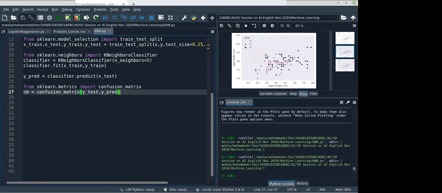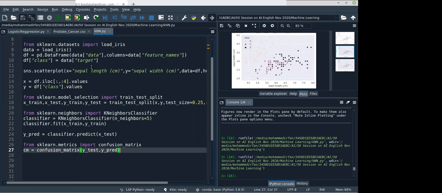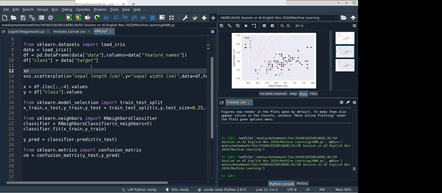We can also resize the figure. So what we need to do is, in sns, you want to set the figure size.